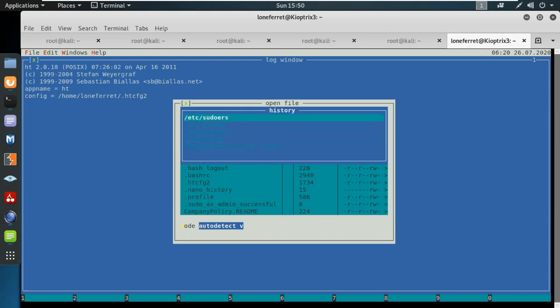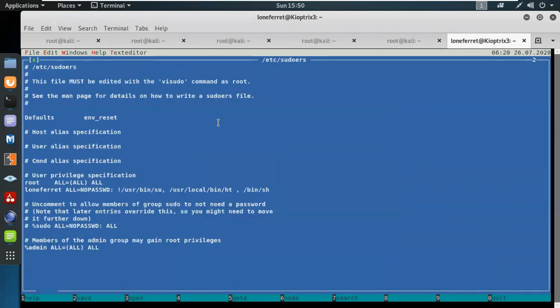Okay, can we jump to the sudo files? Yes, we can jump to the sudo files. And why is this happening? Sudo files can only be accessible by the user root, and the sudo file contains all the user permissions. For example,